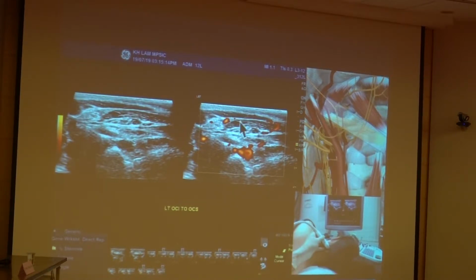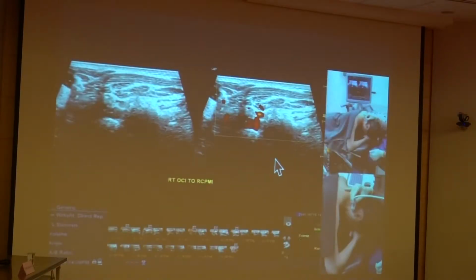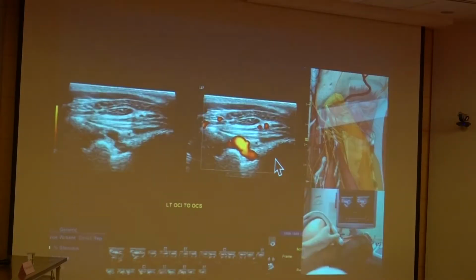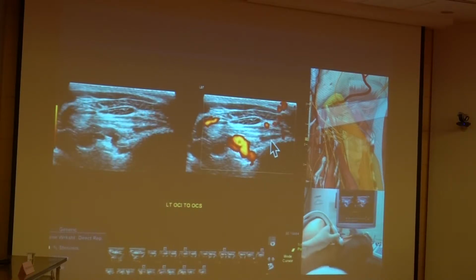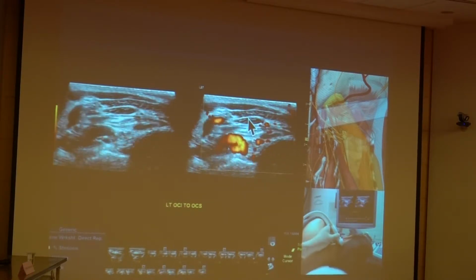And then you have your splenius capitis. You also have your SCM. And then this muscle here, in between the two muscles, you have your lesser occipital nerve. Once again, if you want to go from the obliquus capitis superior, and this is the rectus capitis posterior major, longissimus capitis,